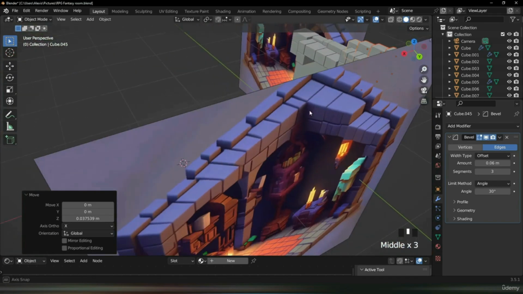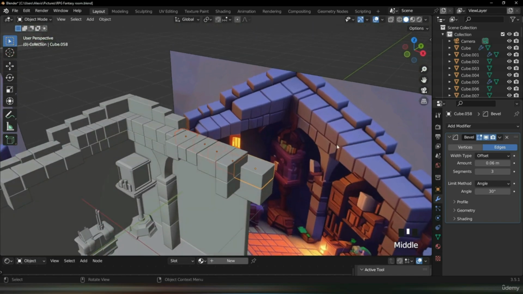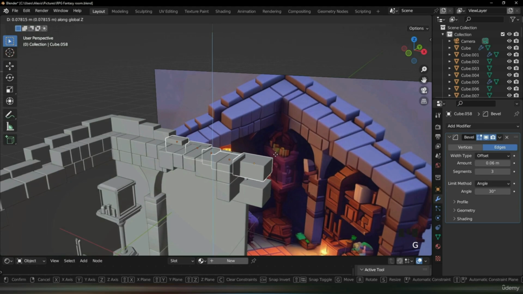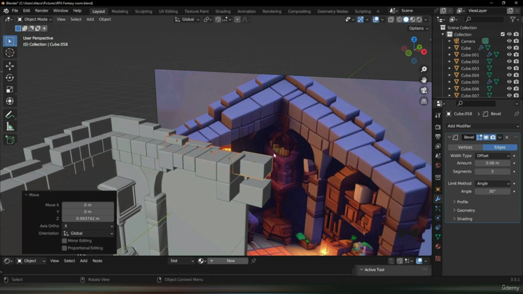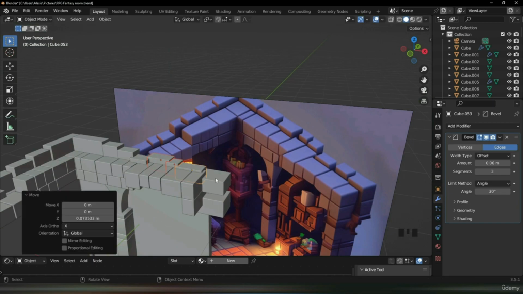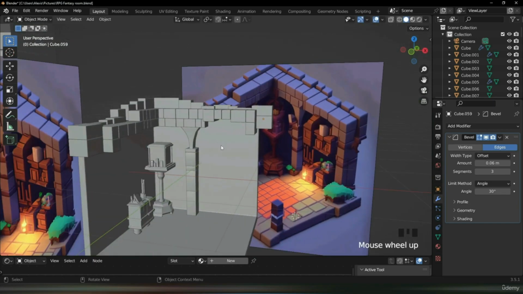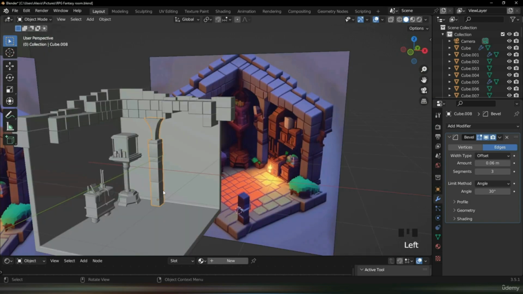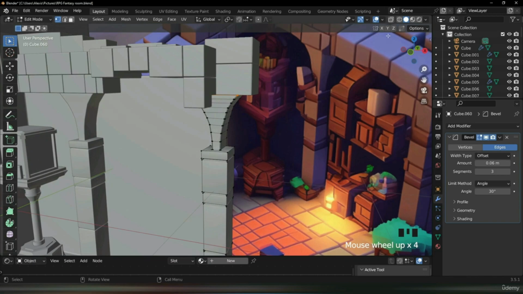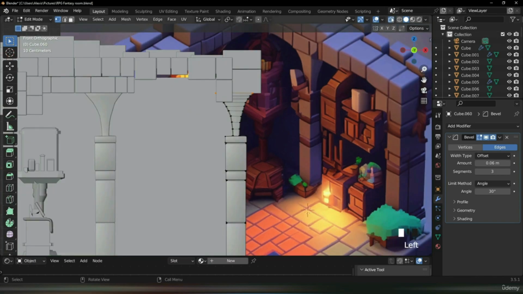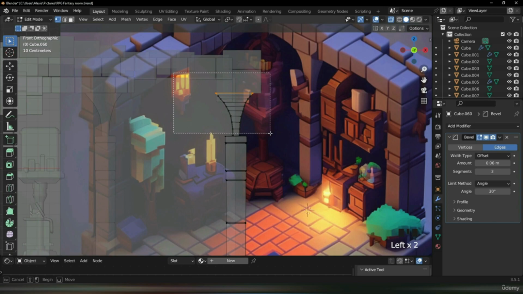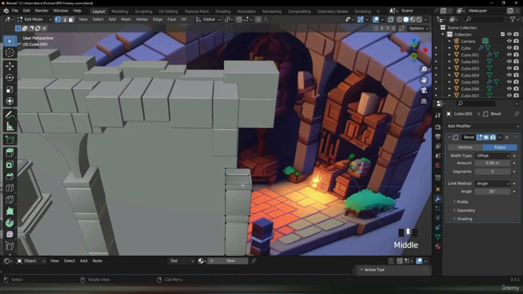There you go. That way we can just select this and just do G, Z and move them up to about there. G, Z. There we go. And G, Z. And it should look something like that. And now we can do Shift D, constrain it to the X-axis, put it right about here, edit, let's press 1, X-ray, let me just select all of these, do X, vertices, select these, X, vertices, turn off X-ray, face